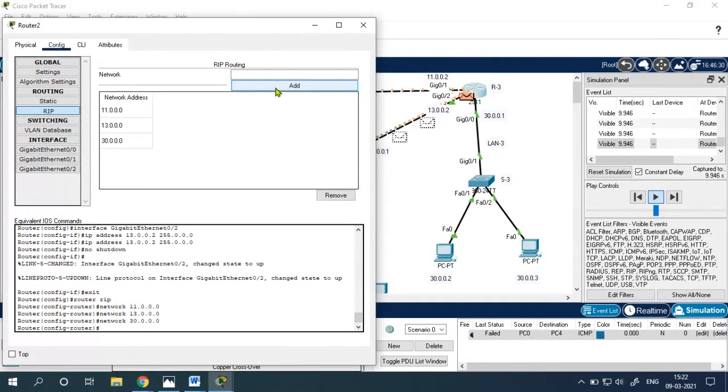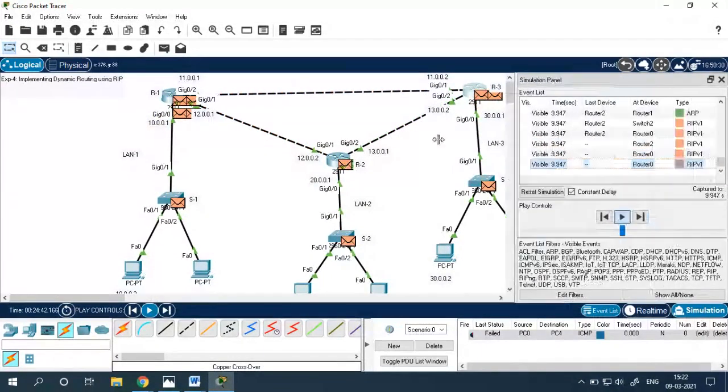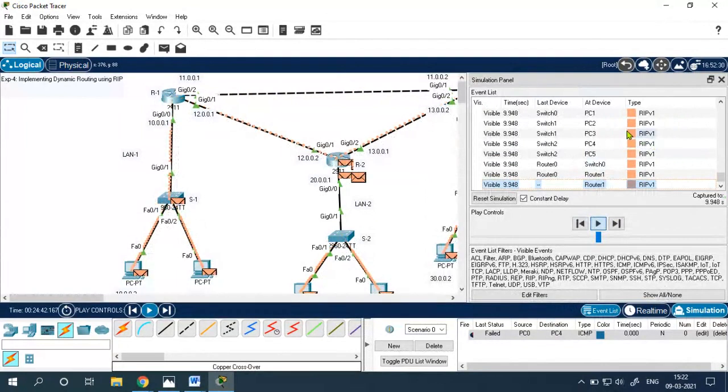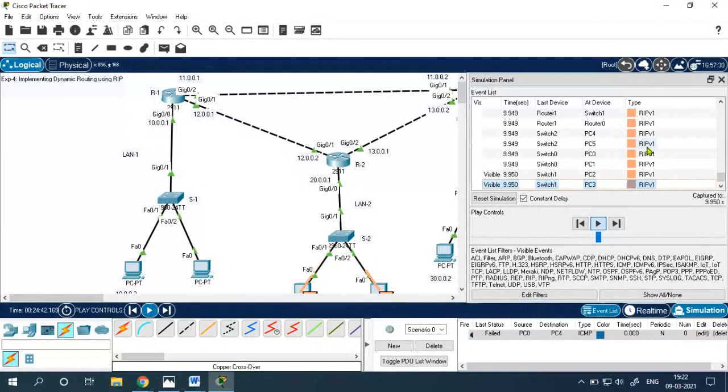Now I'm done with all the configuration. Here you can see what's going on. Every router, this is RIP version 1. So many packets are there in the network. Can you see that, class? RIP, RIP, RIP. Basically, this is RIP version 1.